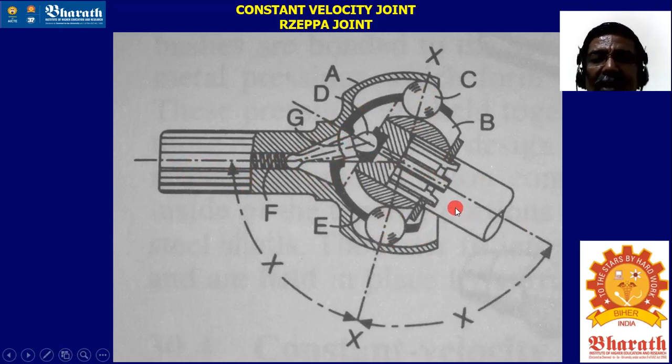So this is how the constant velocity joint is fixed and functioning. Only if it is bisected do we achieve the constant velocity joint. The best example is a compass. In some costly compasses, if you move the two legs, the knob will always be at the middle. That means it is always bisecting the angle. That may be the simplest or best example for this constant velocity joint.